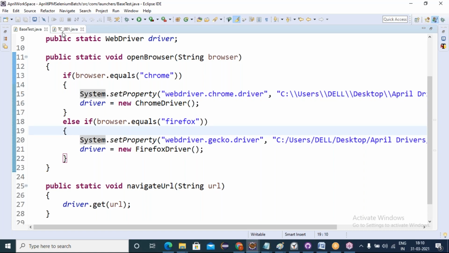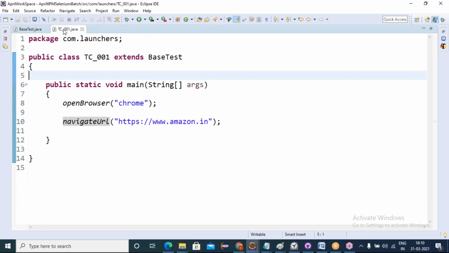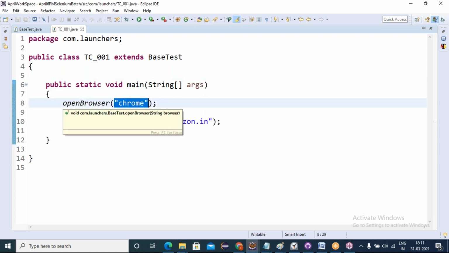Next point. Friends, do you feel my code is 100% dynamic? Come on, it is 100% static. How come you say this is static, sir? It's hard coded. Yes, we are giving data through the script.